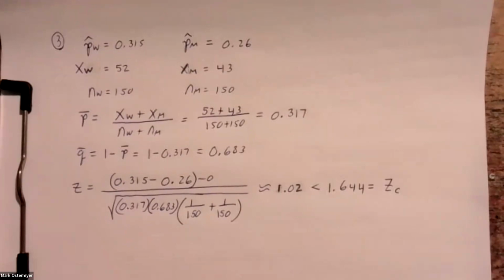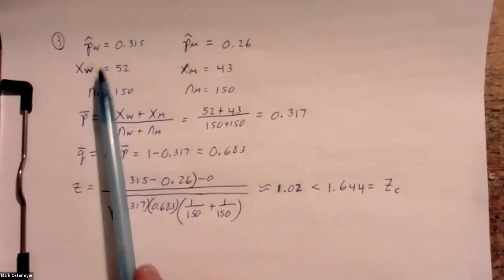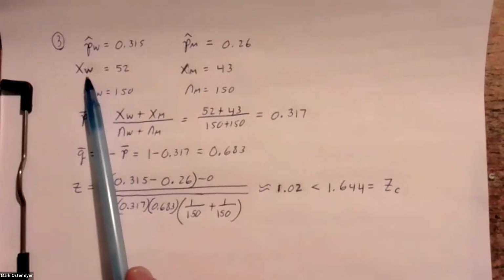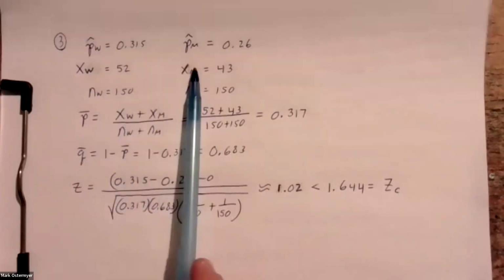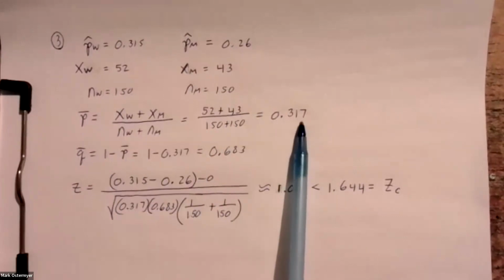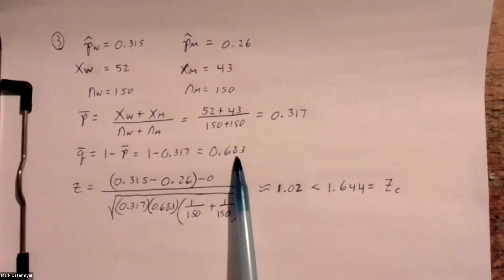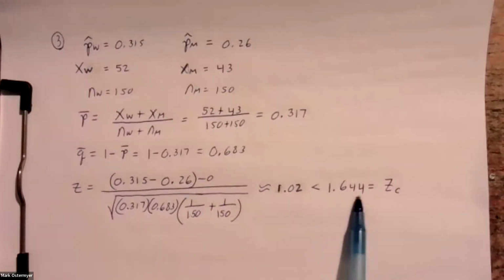All right, this is the test statistic for the hypertension problem number 14, that I botched. X sub W should be 52, N sub W should be 150. X sub M should be 43, N sub M should be 150. That's what P bar would be, Q bar would be this, put things into the test statistic formula. I did come up with a test statistic of about 1.02, but that's still less than the critical Z value,